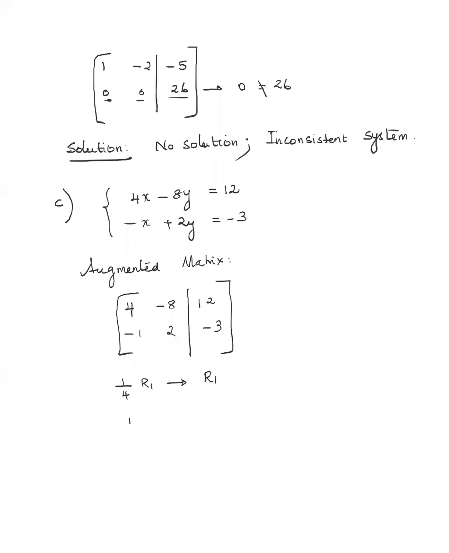So I get 1, -2, 3, and -1, 2, -3. Now we can see the same numbers with different signs. Now, let's see what's happened. So now I have to make this -1 into 0. We can do that by just adding row 1 and row 2 and putting the answer in row 2. So what do we get? 1, -2,